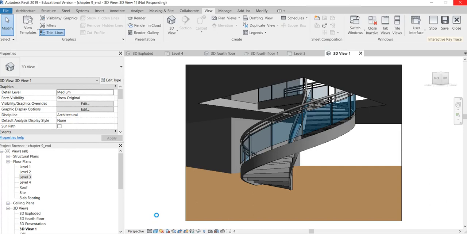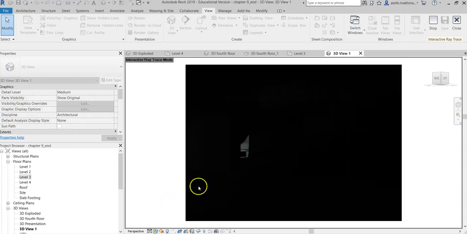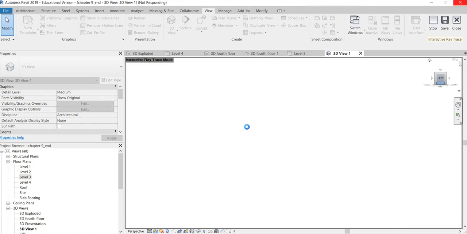It's going to take time to render, and because it's also interactive, it will sort of take longer, so be patient with it. So every time you change the view, it's going to render again. As you see, Revit says it's not responding. So the interactive